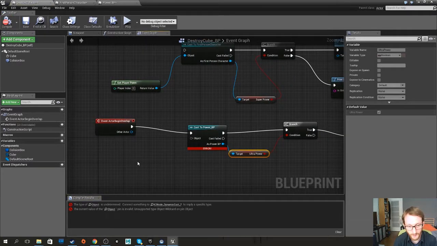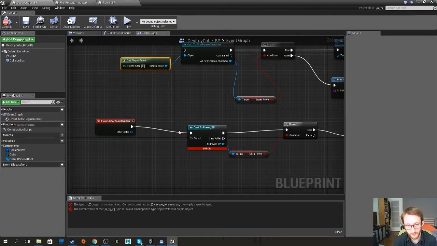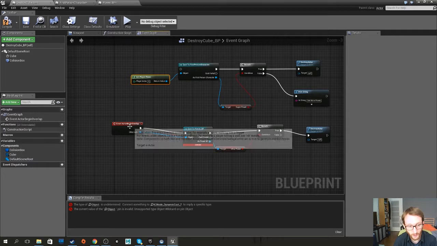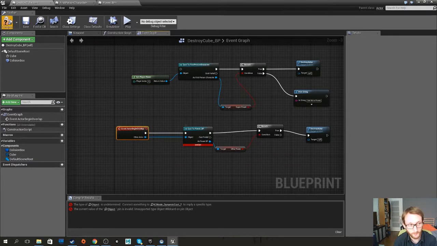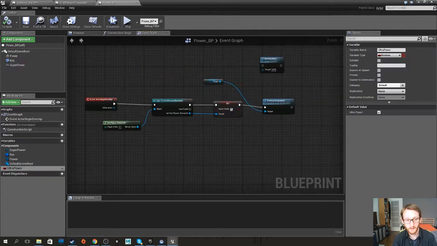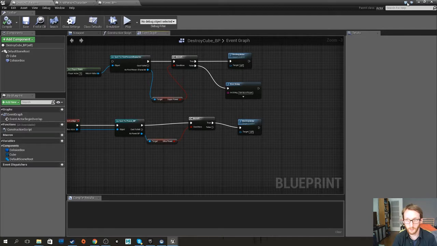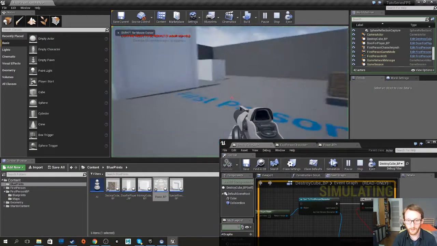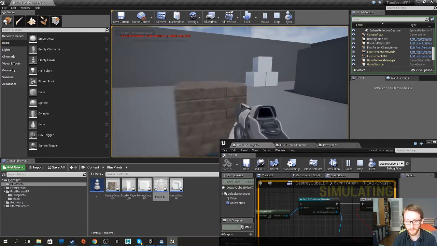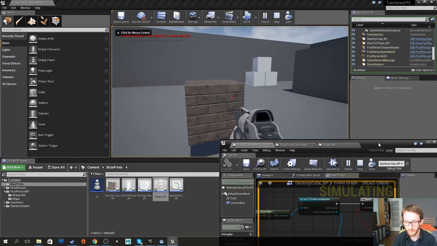Because we have to plug the object into it, and to get the object, you can say, for example, oh yeah, well, that's nice, because the actor is working well, because I have an actor and that's what it's asking me for, so then it's fine. Then this is on, so it should work. So when I go there and I want to destroy it, nothing is happening, even though,